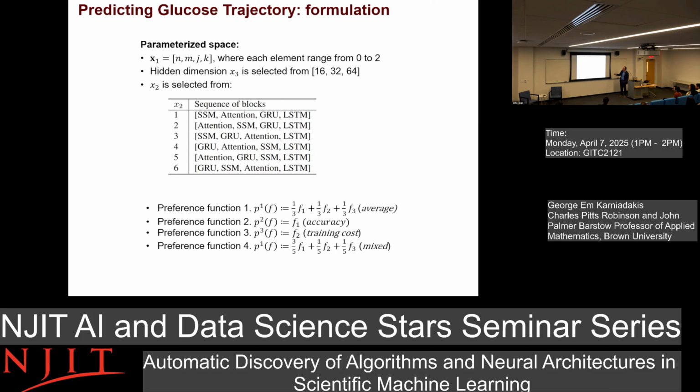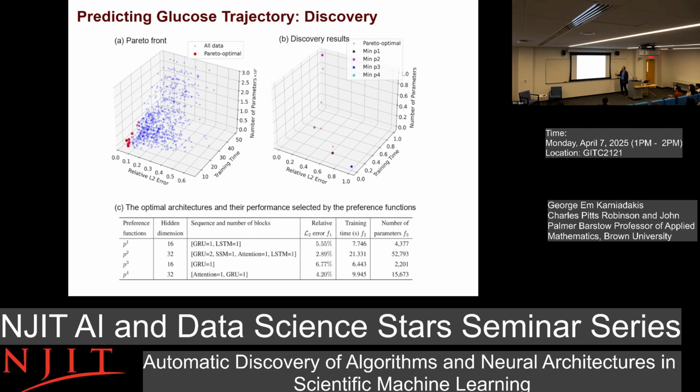In terms of preference function, the first one will be the average, the conservative. Second one, well, I only care about accuracy. Third one, I care only about cost. And another one will be sort of a mixed one, not exactly the average, but 60% accuracy, and then the rest is cost and so on. Okay, so doing that, again, we find a Pareto front, as before. We find lots of points. This takes a lot of time to evaluate. But finally, you find a Pareto front, which is visualized here in 3-dimensional space, somewhere here. But there are lots of solutions there.